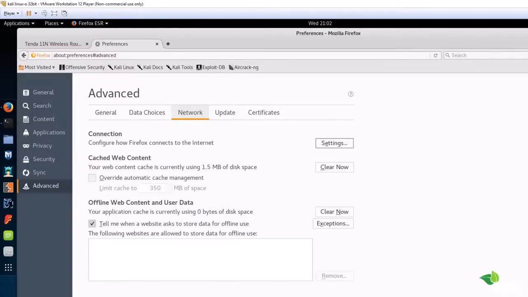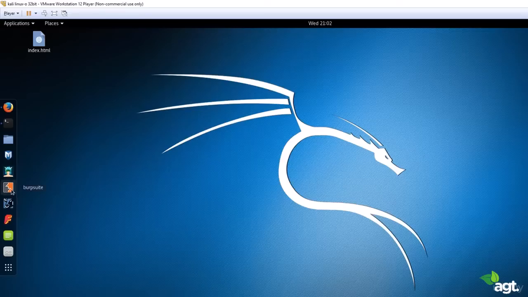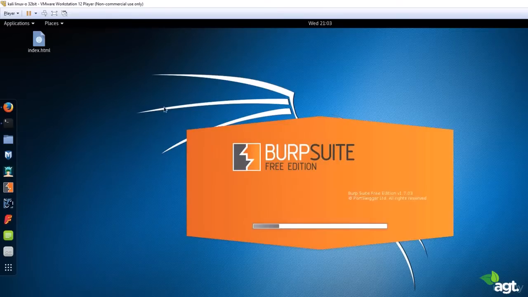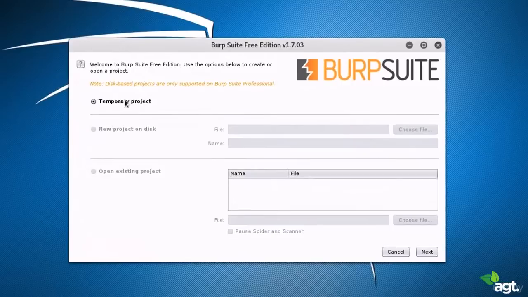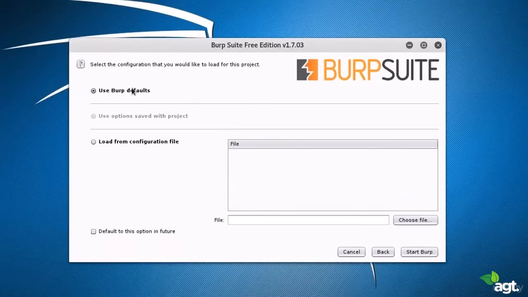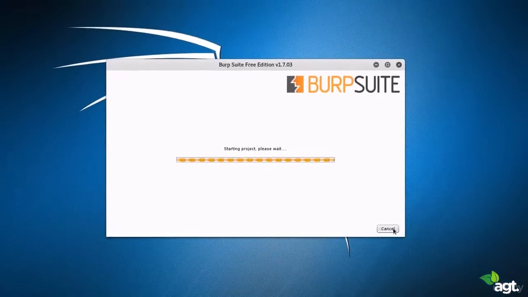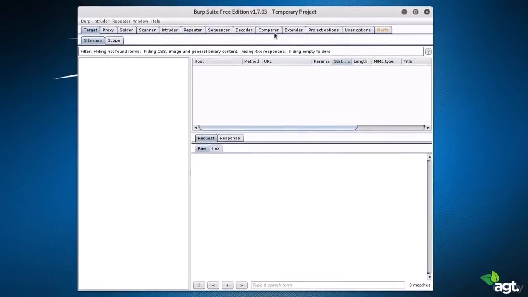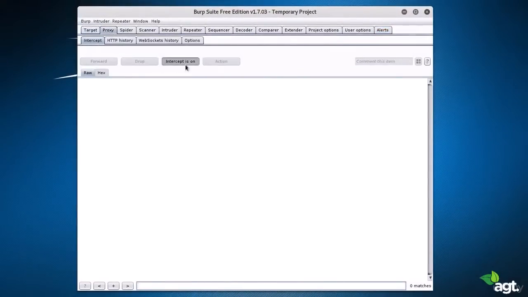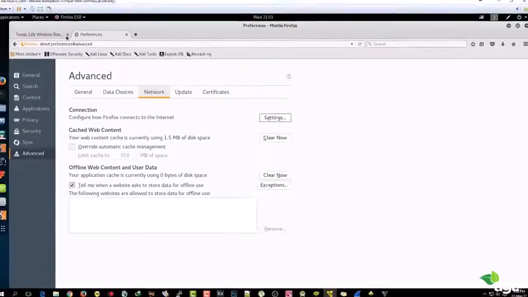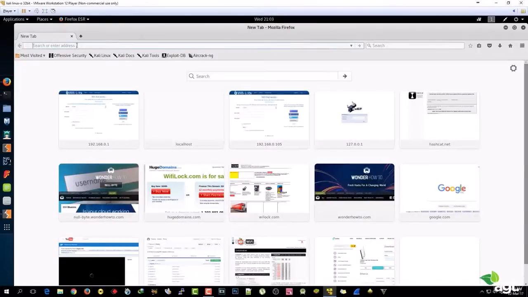Now you need to open up your Burp Suite, and here I'm using the free edition of Burp Suite. Simply click on Temporary project and then click on Next. Now use Burp defaults, and start Burp. Now you need to click on Proxy and make sure your intercept is on. Now I will close this window and try to go